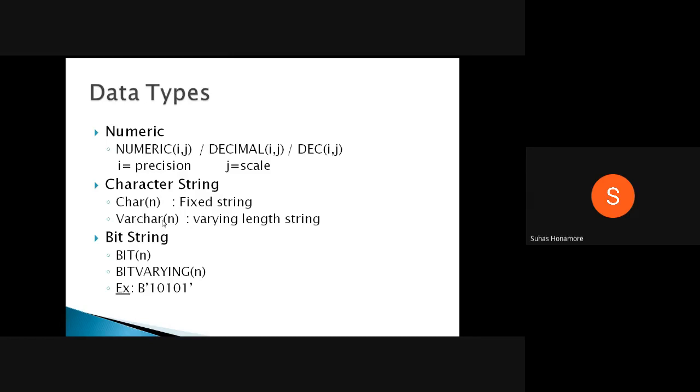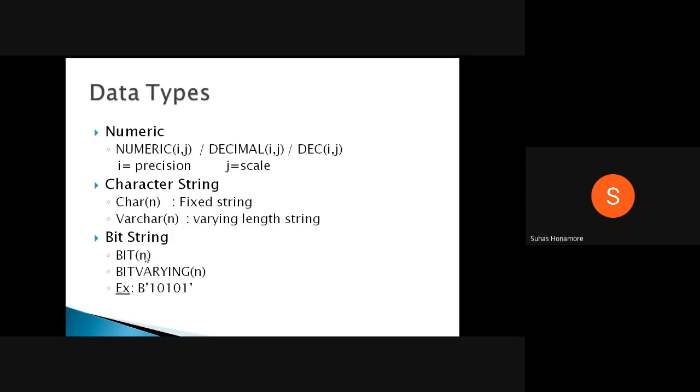The next data type is bit string. Sometimes you may have to enter values that are nothing but zeros and ones. For that again we have two types, bit and bit varying. Here bit and bit varying are almost the same as char and varchar. Bit indicates the same thing as char, and bit varying is nothing but varchar. Both of these are the same.